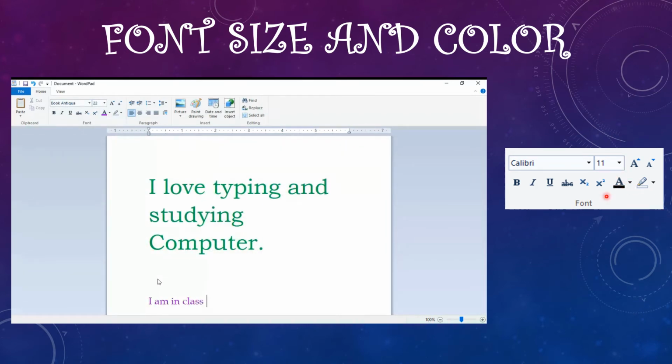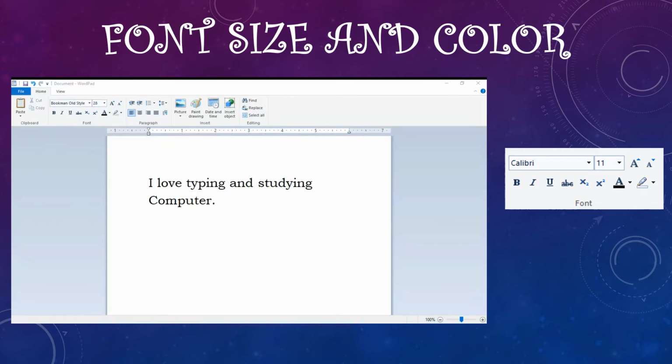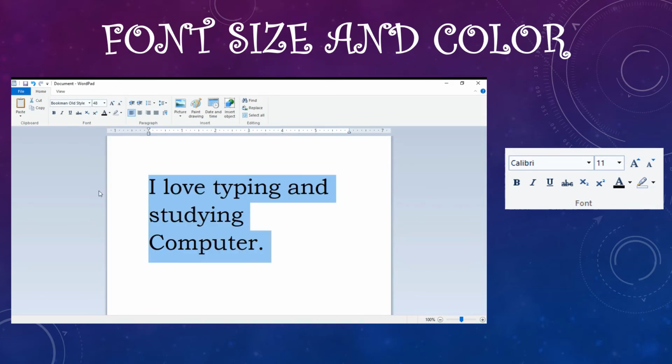Then let's see how we change this. First you select your text, then you go to the font size and you see how the size becomes bigger, and change the color.